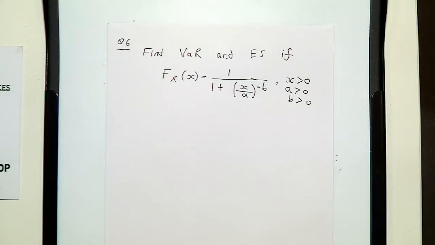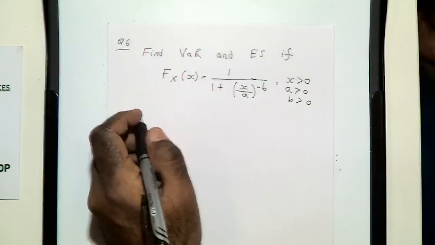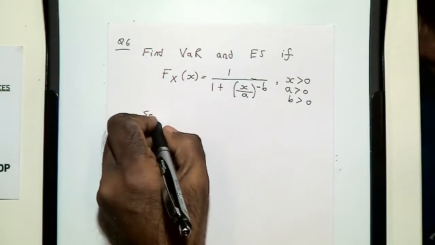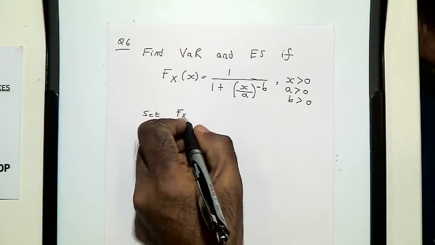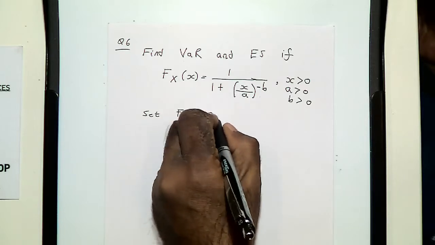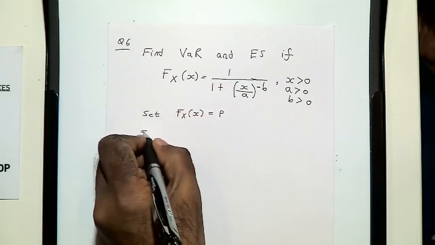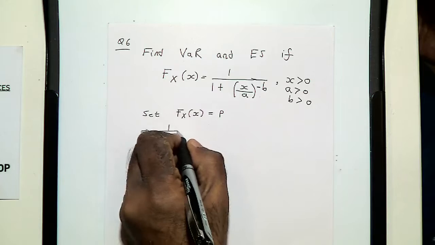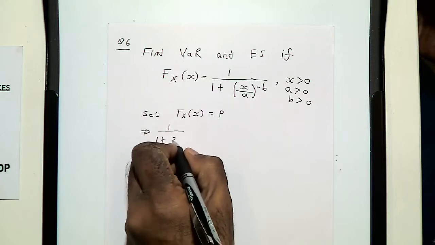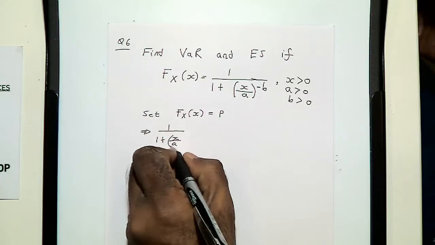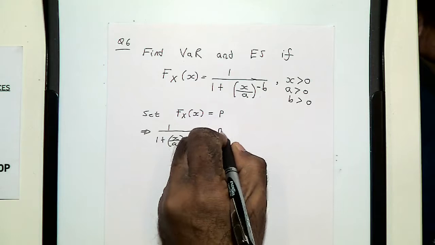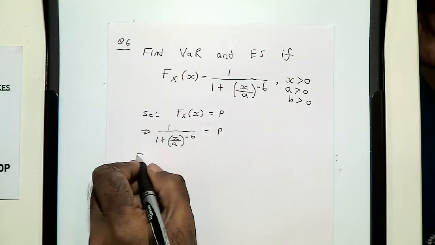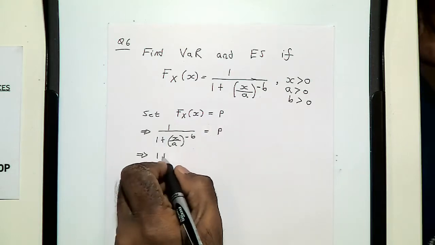All right, guys. So let's start with this. To find VaR, once again, you just set the CDF equal to p, which implies that... this implies that